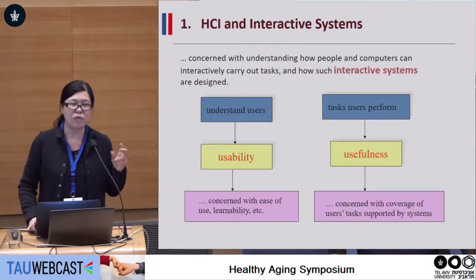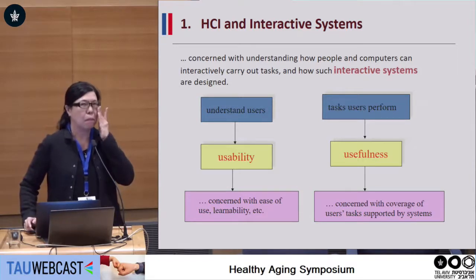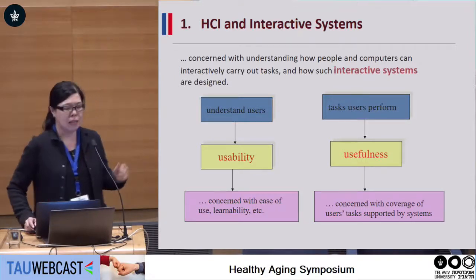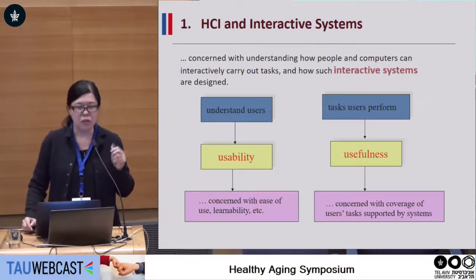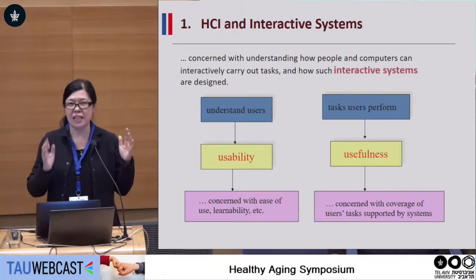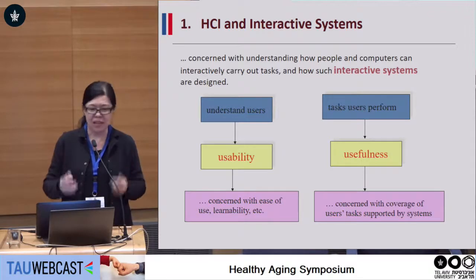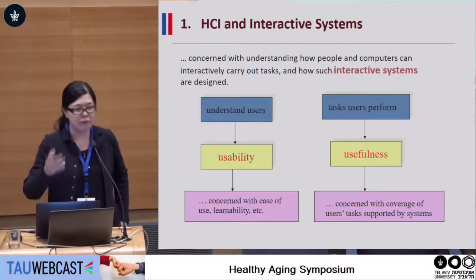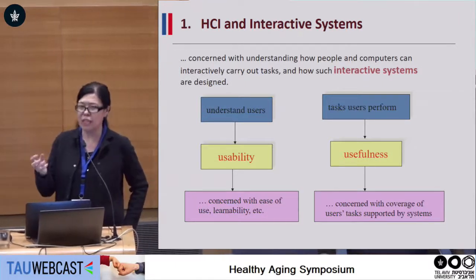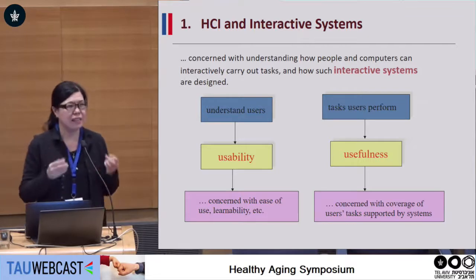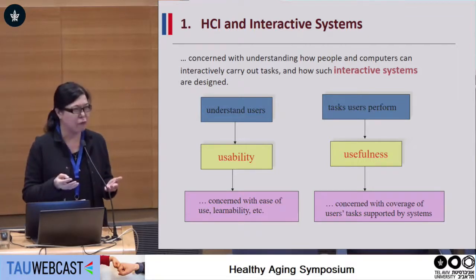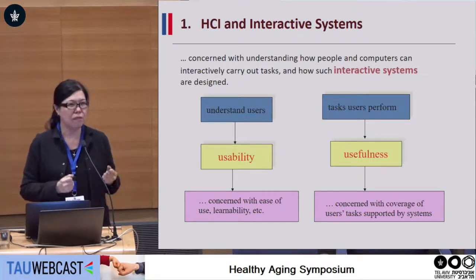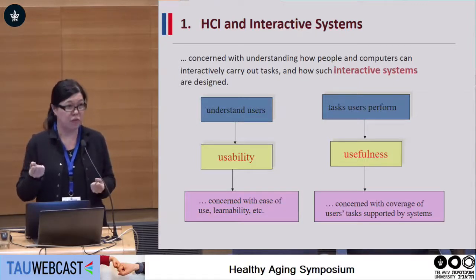With that, I want to highlight two principal concepts in interaction design or UX design: usability and usefulness. Usability is looking at the system and saying, I know how to use it. It's intuitive, I know how to play around with it, it's not difficult, I can remember. Usefulness is the concept of whether it is designed for the purpose it's supposed to be designed for. If there's an ATM machine, it should dispense cash. If there's a mobile phone, it should help me make phone calls, for example.